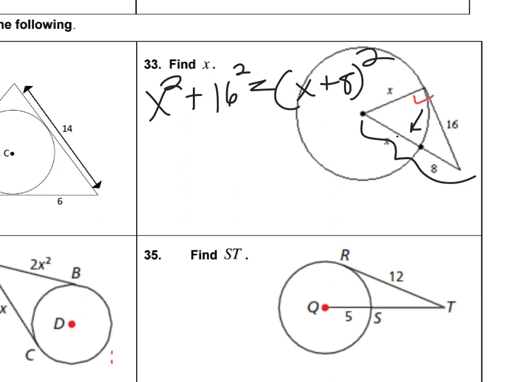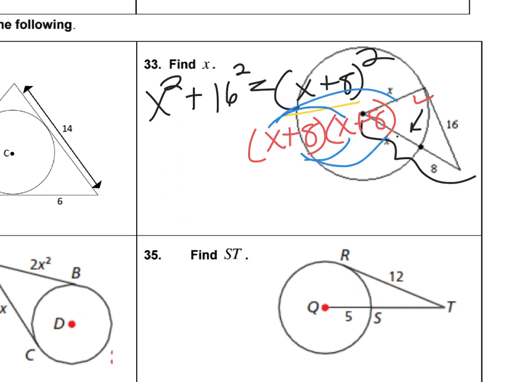Now, I'm going to stress this part because this is where most of the mistakes are. First of all, this is saying you have two factors of the binomial x plus 8. So we need to be using our FOIL method, first, outer, inner, last, or the box method. But you should always have 3 terms after you multiply the two binomials together. Now, on the left side, we'll end up with x squared plus 256 equals, and then on our right